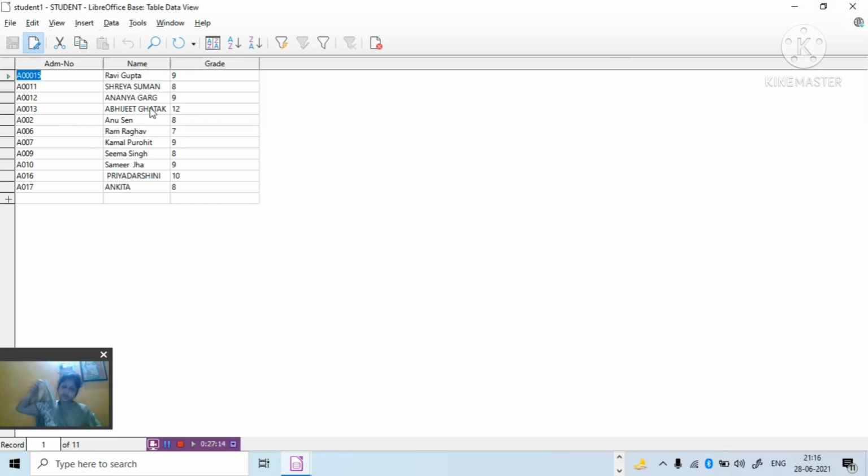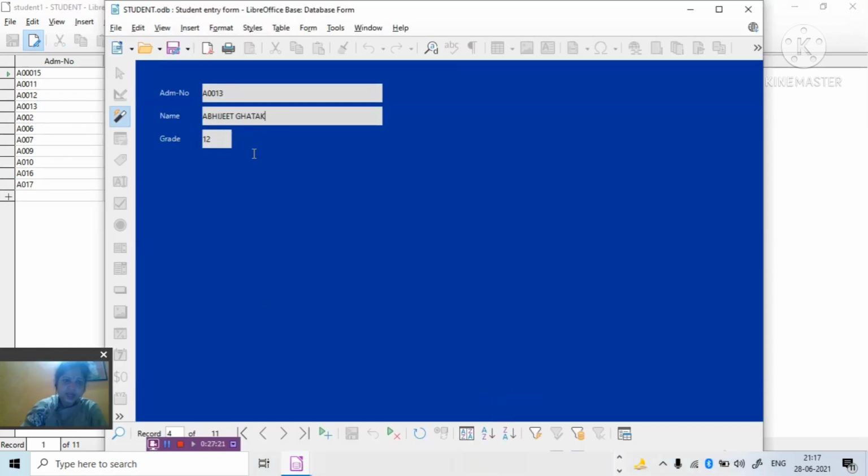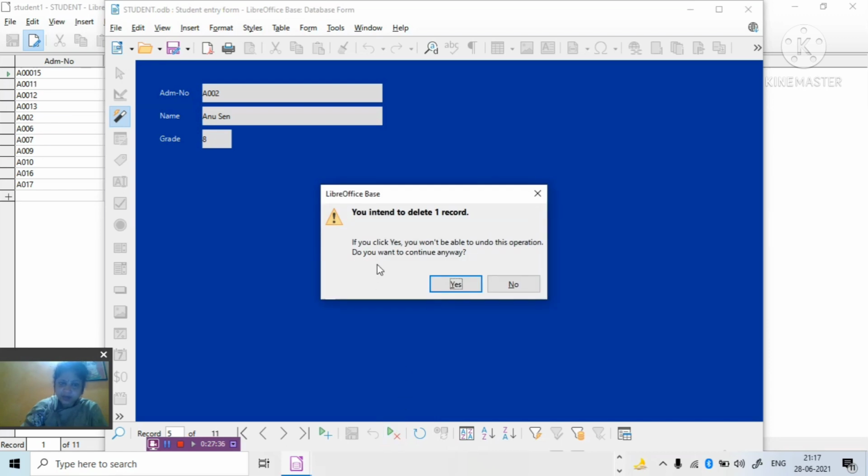Now, how can we delete the data? Any record you want to delete, first you select. Suppose this record I will delete. You remember that admission number is A002, name is Anu Sen and grade is 8. Come to this delete record button and delete it. It will ask you for a confirmation message before deletion.